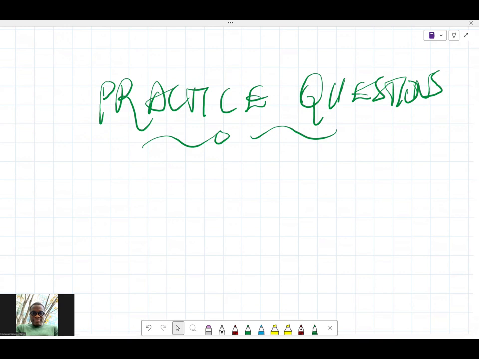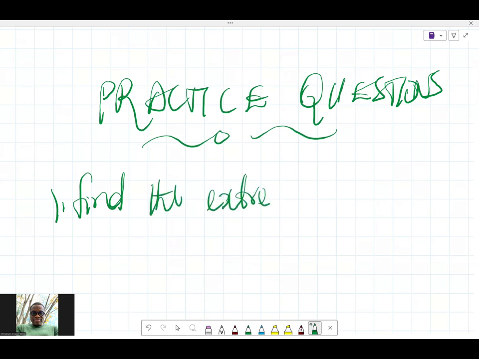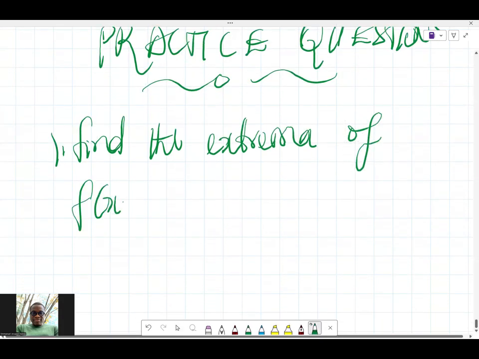Okay, let's look at this. Find, that's one. Now find the extrema, minimum maximum of f of x y equals xy